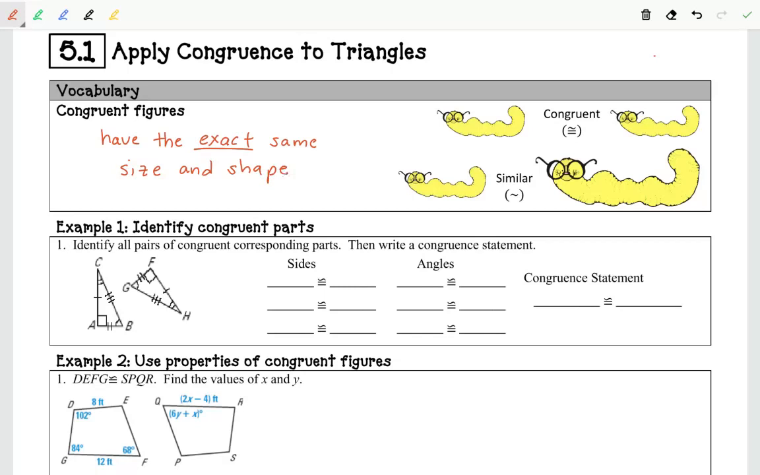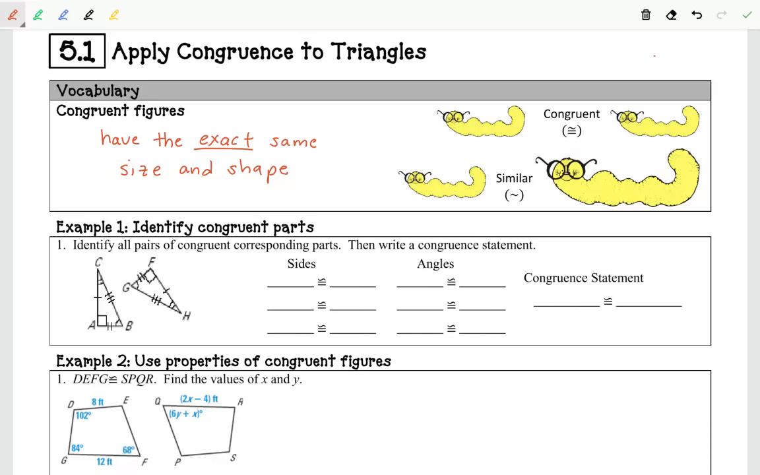So our little bookworm examples over here on the right, we see that the two bookworms at the top are congruent. They have exactly the same size and they have exactly the same shape. Whereas the two bookworms underneath are similar because they have the exact same shape, but they're not exactly the same size. They are proportional. So similar figures are proportional to one another. Congruent figures are exactly the same as one another in all ways,